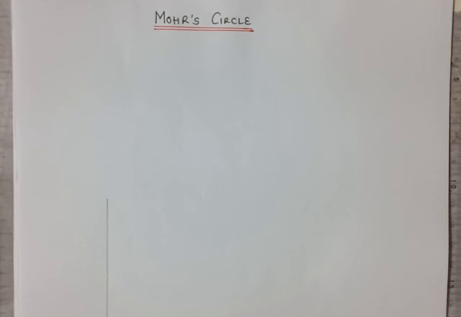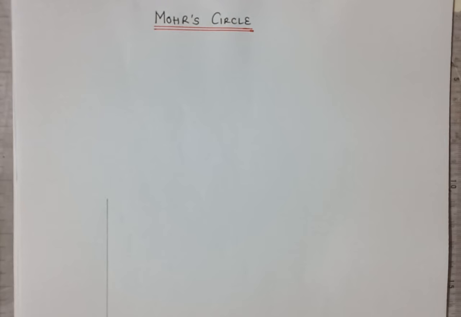In today's session we'll be studying how to solve the two-dimensional state of stress on an oblique plane using Mohr's circle. In our previous video lecture, we learnt about the analytical method, that is, how using formulas we can find the stresses on an oblique plane. Now this is the graphical method, and it is popularly known as Mohr's circle. So let us start with today's video lecture.